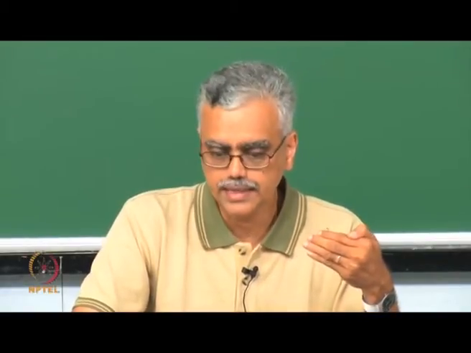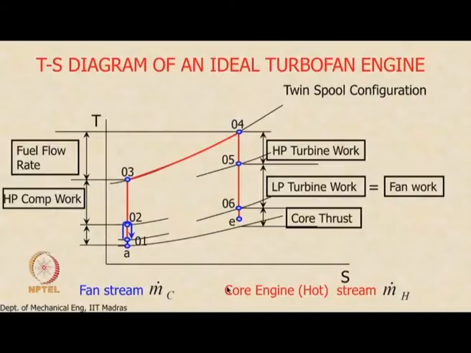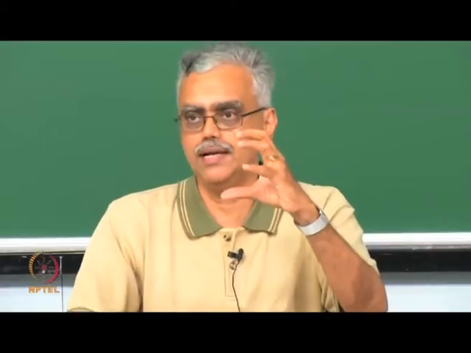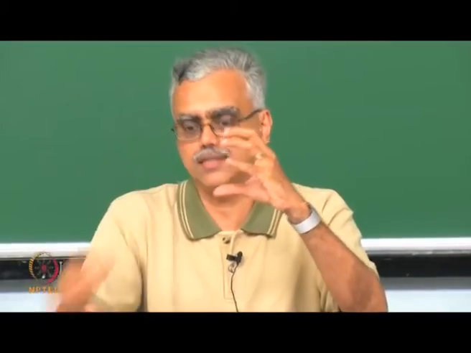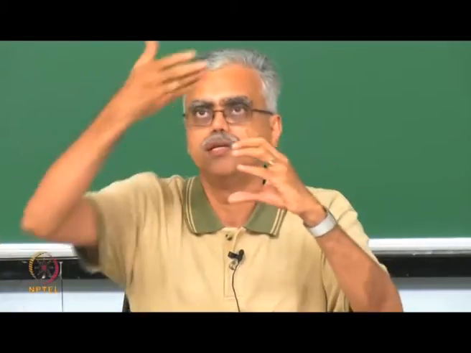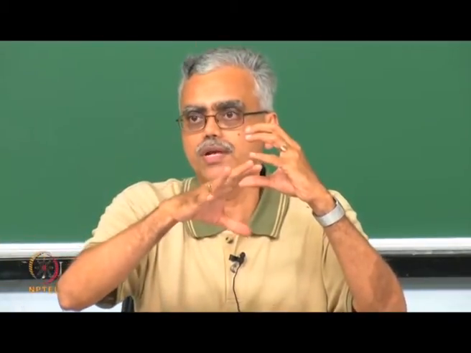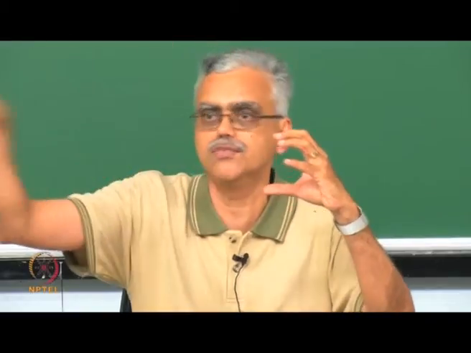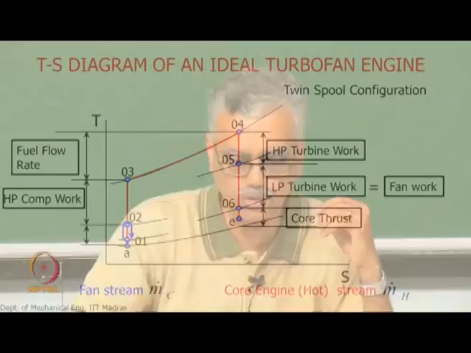Writing it this way is more convenient because the bypass ratio is equal to m dot c by m dot h. So writing it this way is easy. C denotes the air which is cold air, that means heat is not added at all. If you look at the fan, some part of the fan handles an amount of air equal to m dot h, which goes through the entire core engine. The rest of the fan handles an amount of air equal to m dot c, which goes only through the fan and the fan nozzle. So that is what we are going to indicate next.